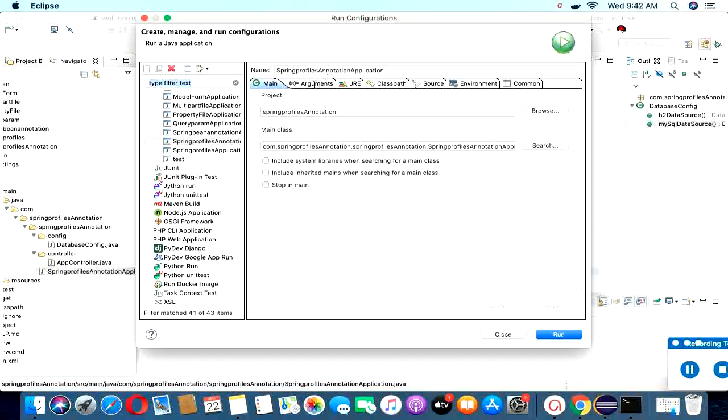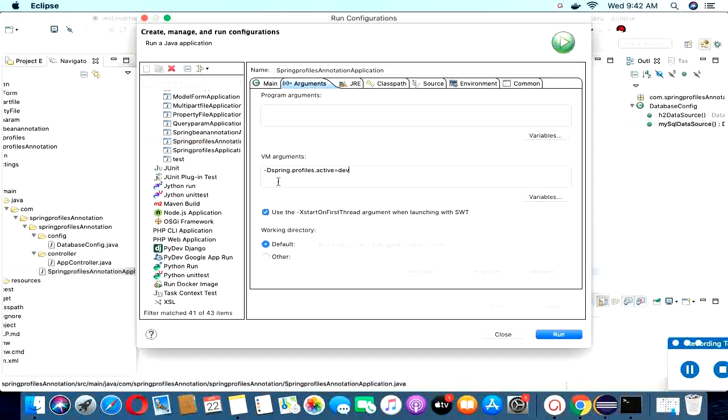In the configuration, click on Arguments, and here pass -Dspring.profiles.active equal to whatever your environment name is. I'm going to deploy on the dev environment.